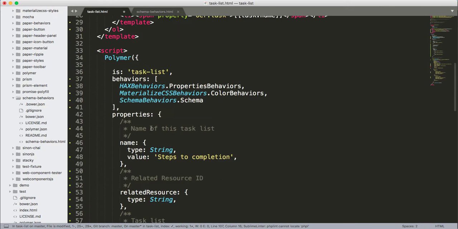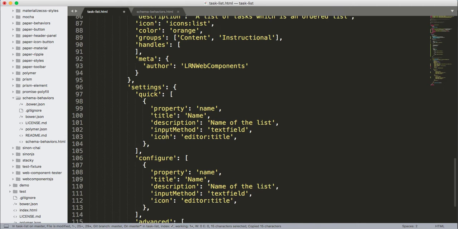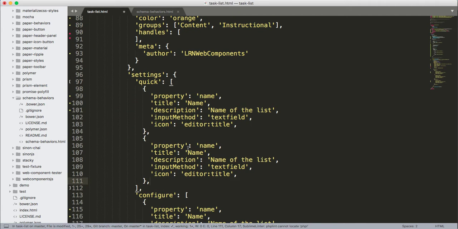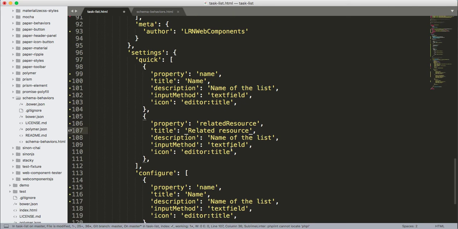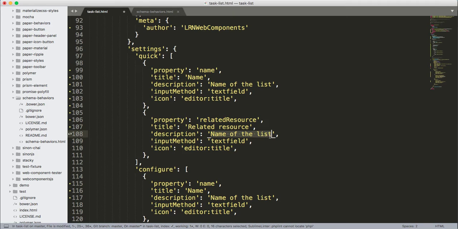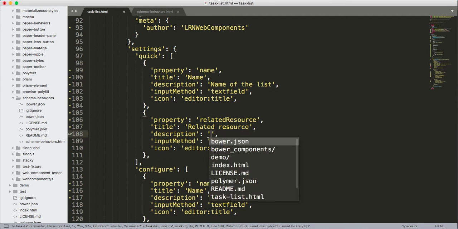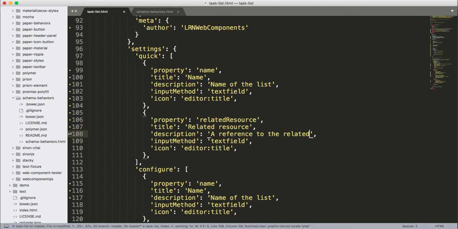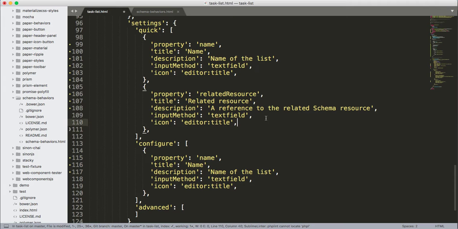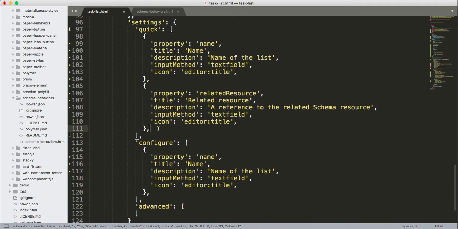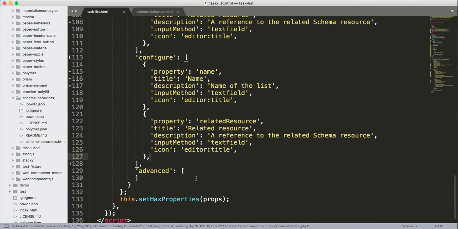All right. Then we're going to want related resource in there as well, even though it doesn't have a ton of implication right now, because we're not going to do anything with it at the moment, but we will later, I'm sure. So related resource, a reference to the related schema resource. Okay, yeah, because you know most people know what the heck that is. All right, so and we're going to put that on our configuration form,